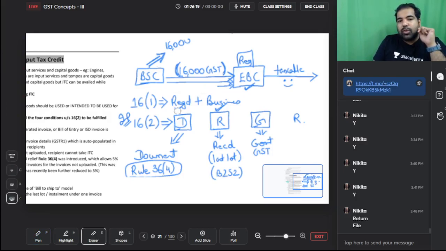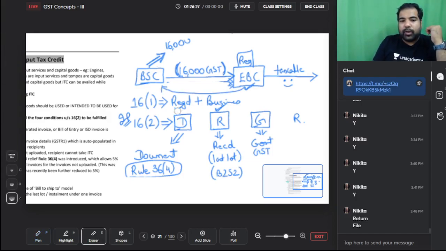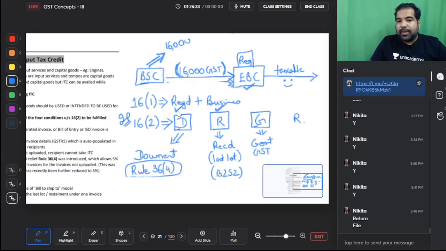So the government says you have to pay. Battery supply company, you have to pay. Electric bike company can pay you later, but right now you have to pay from your own pocket. But we will make sure that electric bike company pays. So they have another Superman section called Rule 37. And Rule 37 says that electric bike company, you have to make sure you pay them within 180 days from